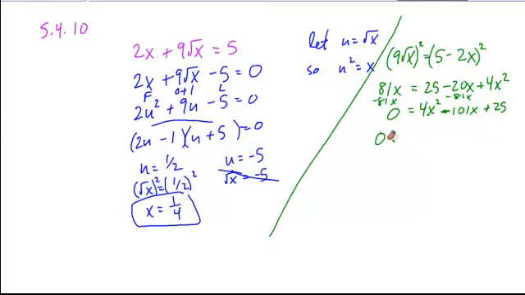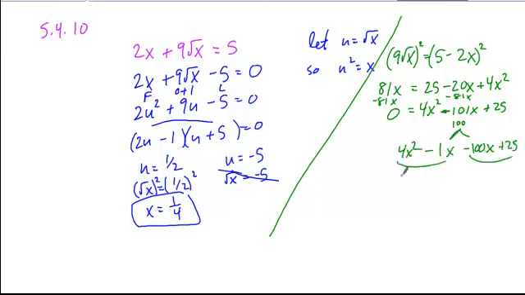And 100, if I rewrite my middle term here, the two factors of 100 whose sum is -101 are -1 and -100. So I rewrite my middle term as the sum of those, drop down my first and last terms and